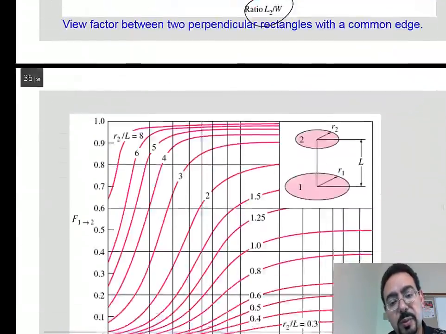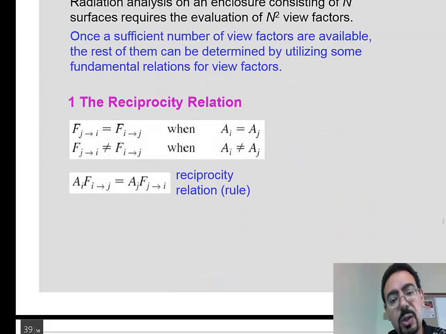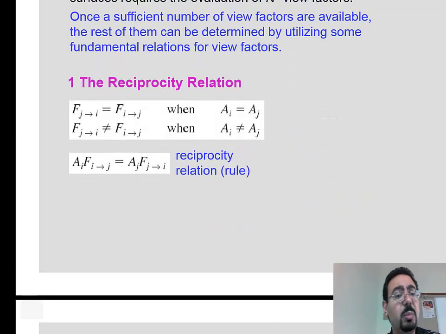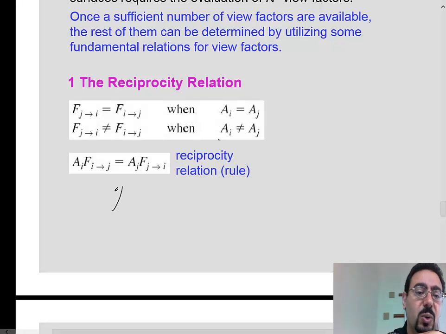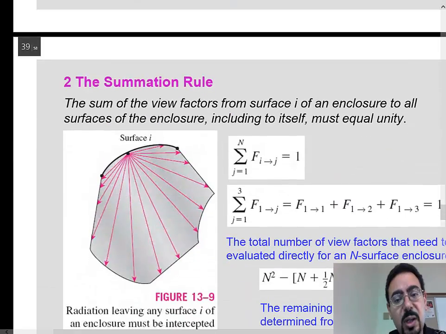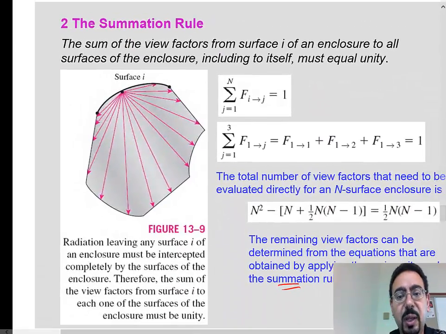And the charts. Okay, so as I said, sometimes those charts are not enough to get all the F in the problem. So you have to use this rule, the reciprocal rule. There is also the summation rule. The summation rule is simply